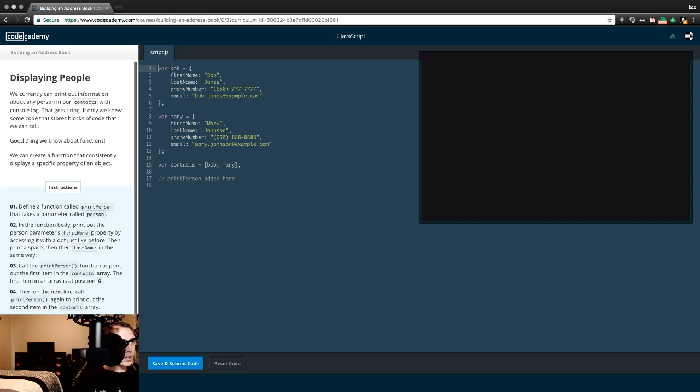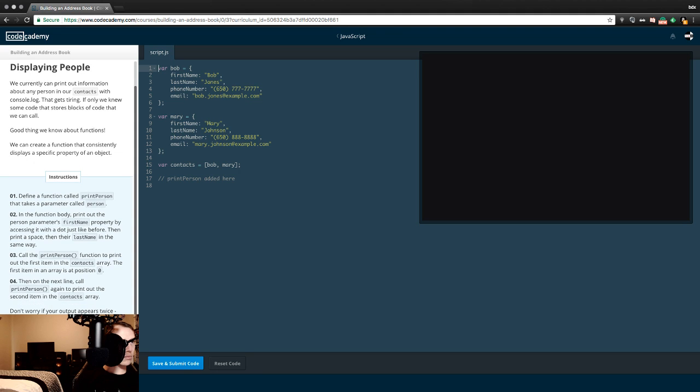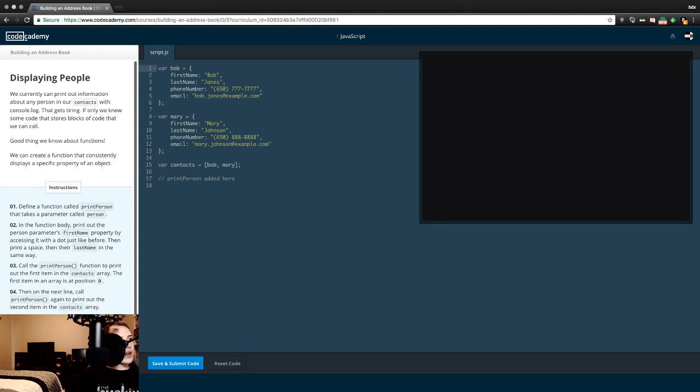Displaying people. Yeah, good. Something about people. Displaying people. We currently can print out information about any person in our